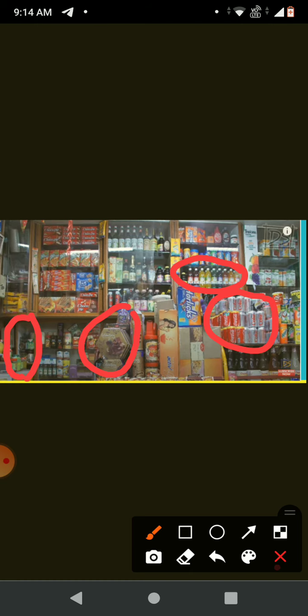So different sections have been made here, and these sections have been made to avoid confusion, to avoid chaos, and the customer will be easily able to understand in which section he has to go for the material or the things which he wants to buy.